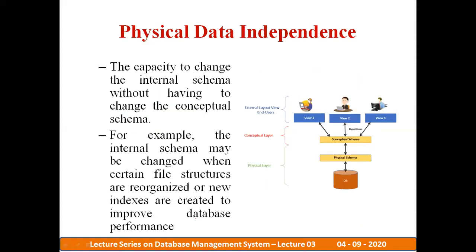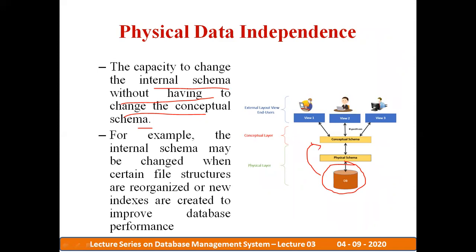Then the second type of data independence is physical data independence. In physical data independence, we are changing the internal schema without having to change the conceptual schema or external schema. That means I am changing the internal schema, but it is not affecting the conceptual schema.